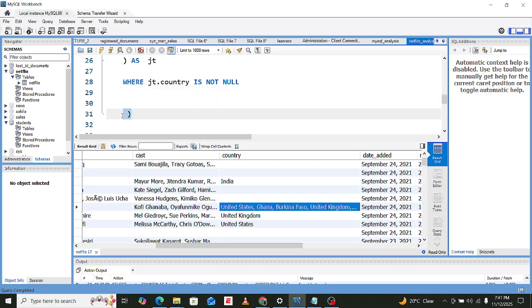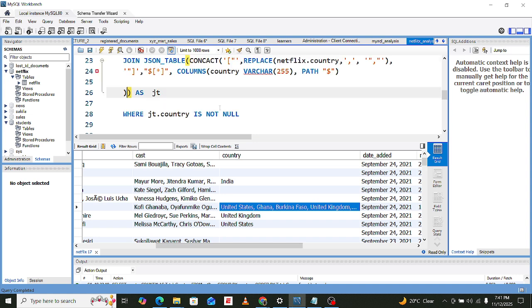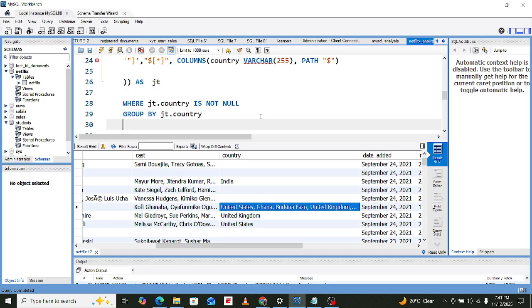This one should be here. Yeah, this is where as JT, where JT.country is not null. Then we want to group by country. We want to group by JT.country, just as Lewis has done.